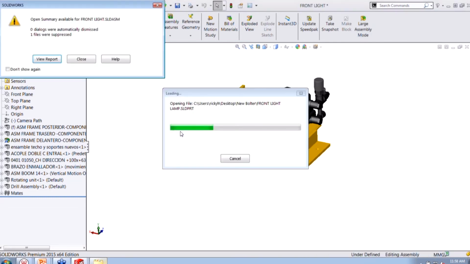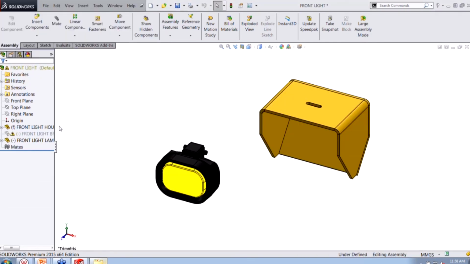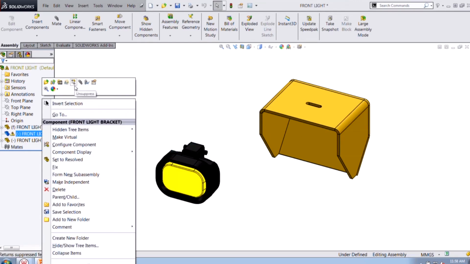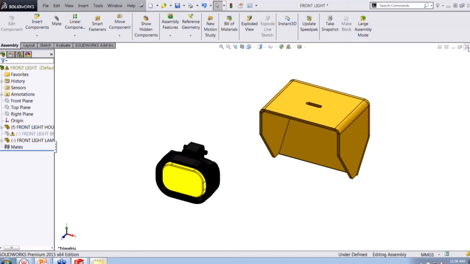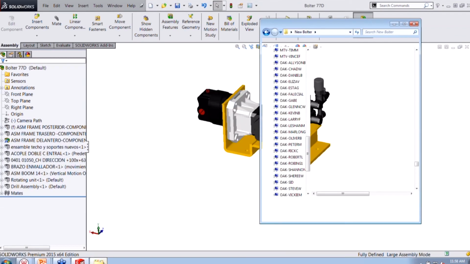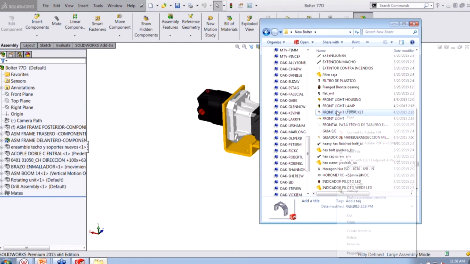If you suppress it, it's not going to be able to open it, right? Because it doesn't know it's been renamed. If you're the one that renamed it, you can always unsuppress and browse for it and find it, okay? So the correct way to do that is if we go and rename this back,